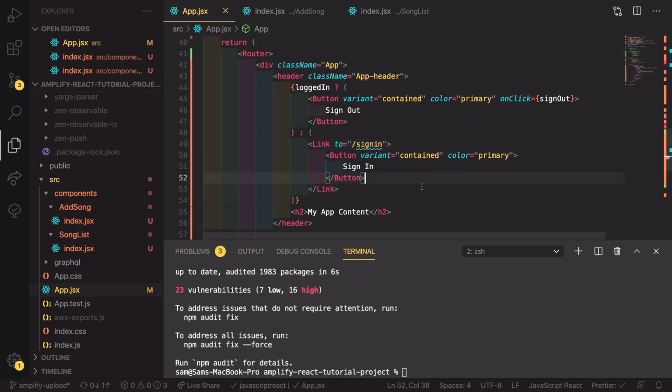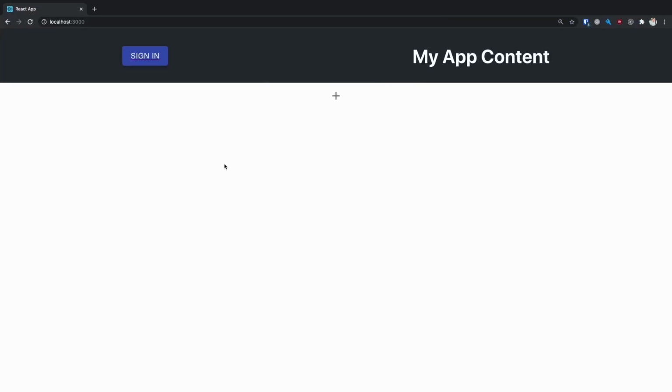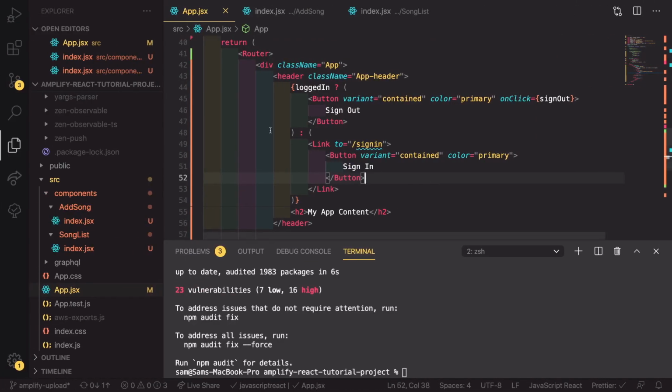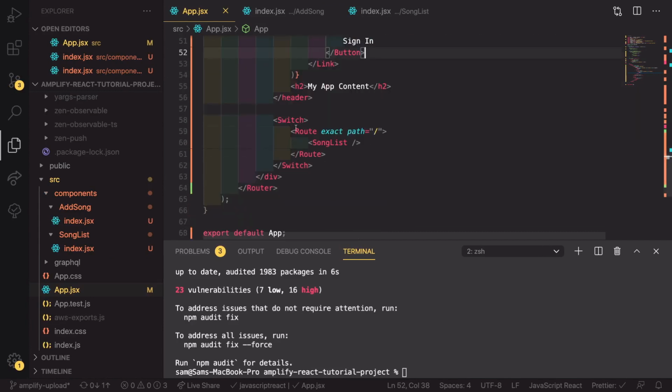If we save this, head over to our app, and just refresh the page, and if we hit sign in, we've now been redirected to the sign in page. That's great. So now what we need to do is actually have something at that sign in route. If we go down to our switch statement,